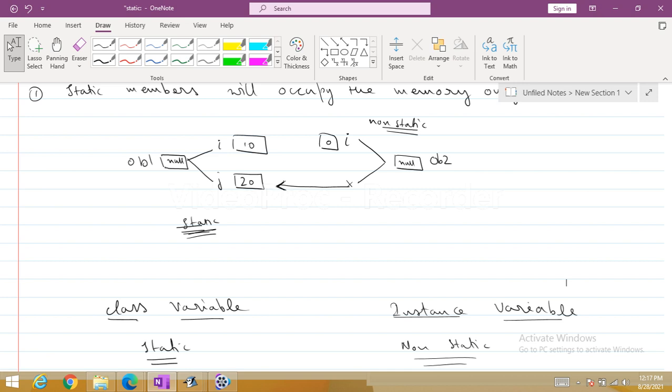Non-static variables are referred to as instance variables.